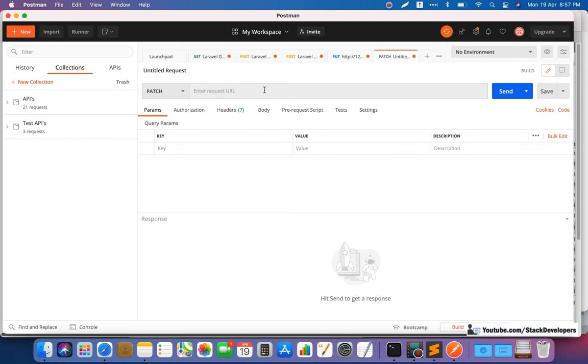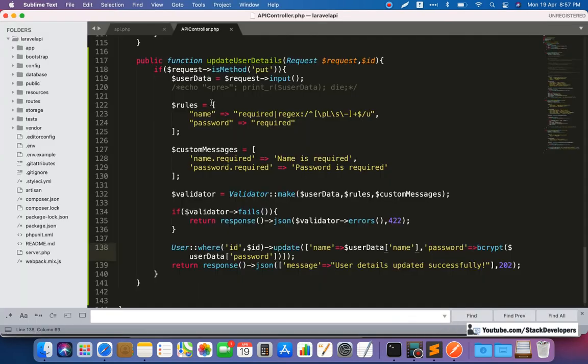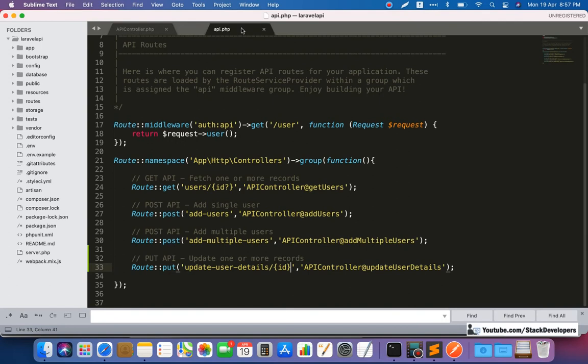Here we will give the URL as well as the JSON data, so that we can update the single record. But before that we are going to create its route in the api.php file.